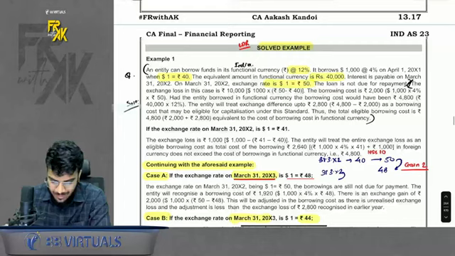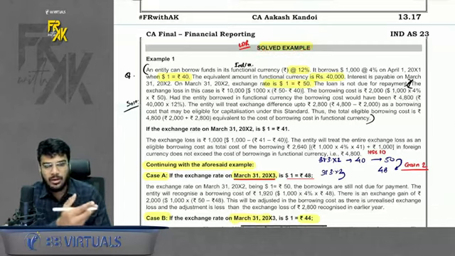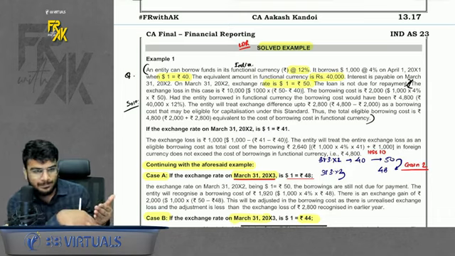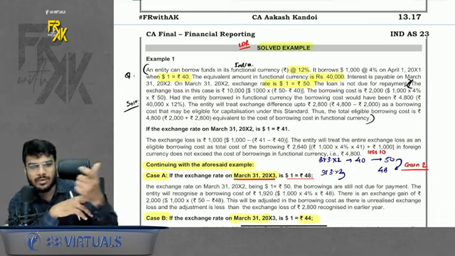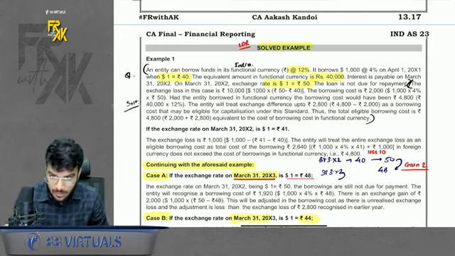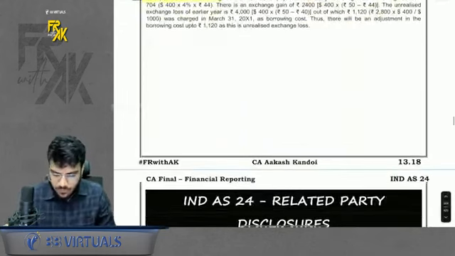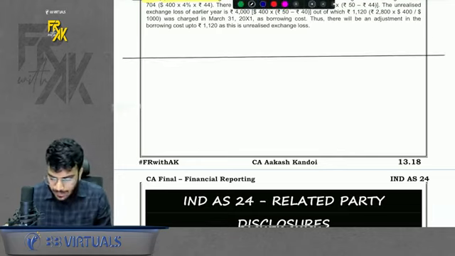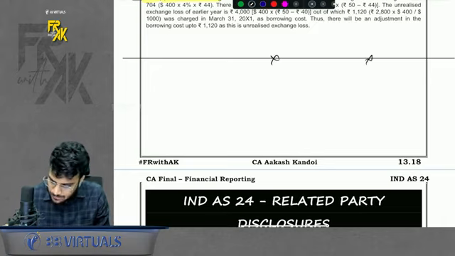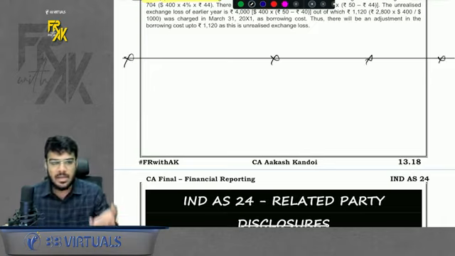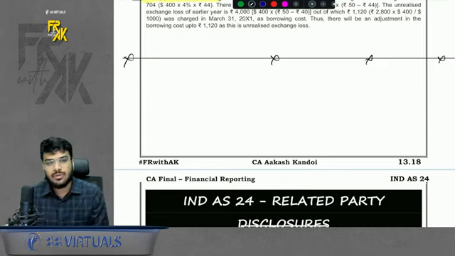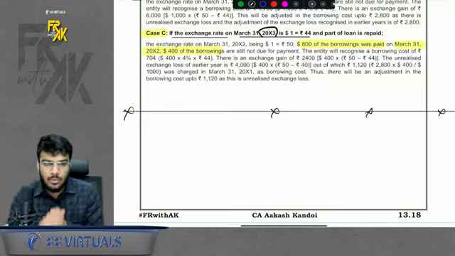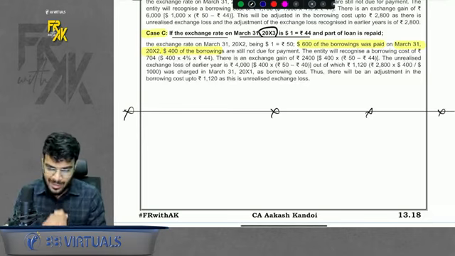Then we have a solved example which I already taught you. In the first year I got a loss, and some amount you can capitalize. In the next year if you get a gain, that gain to the extent of the previous loss will be reverse capitalized. That we already discussed. With that, we have completed a very quick revision of Ind AS 23 Borrowing Cost. Try to be a little quick with this because there are not many concepts to be revised. More focus should be on questions. Of course this revision was just to give you an overview of the questions. Do practice the questions on your own as well.